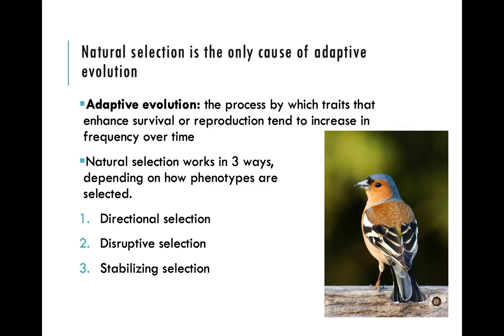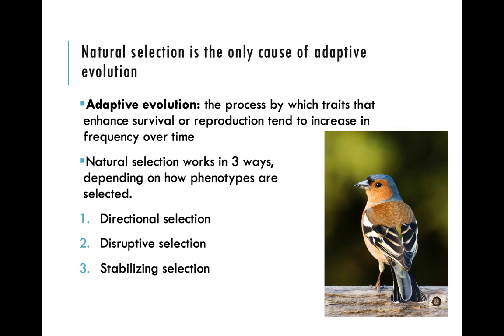But one of the most important factors in evolution is natural selection. It's important to remember that evolution can occur without natural selection, but natural selection is the only cause of adaptive evolution. And what I mean by that is that natural selection is the only way to increase specific traits in a population. And those traits become more prevalent in a population because they are advantageous. So there are definitely other ways to cause a population to evolve, but natural selection is by far the largest,